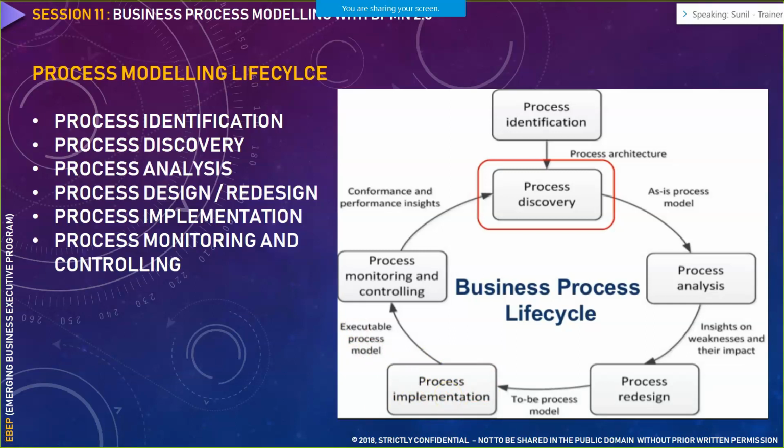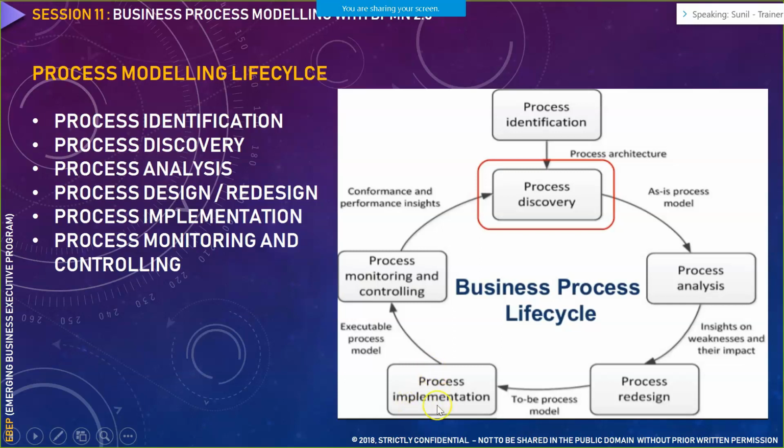So after this has been finalized, your business requirement document, wherein we document the as-is model and 2B model, and all the respective stakeholders have given their formal approval or sign off after reviewing it, we go for process implementation with the help of development team. After those implementation has happened, the next stage is process monitoring and controlling.